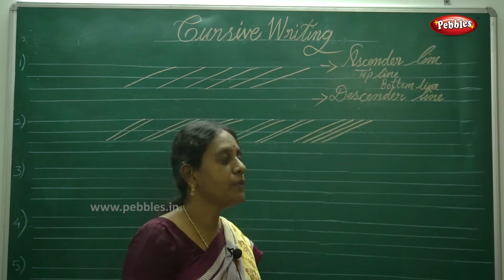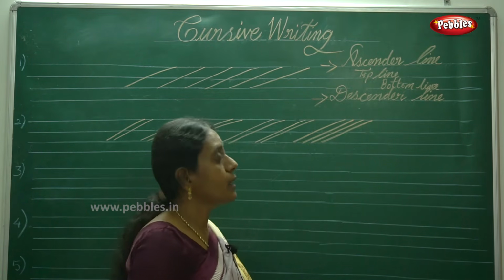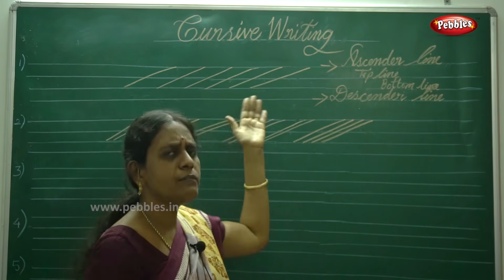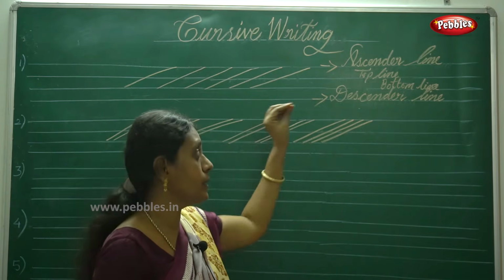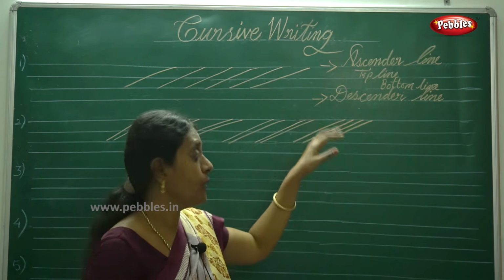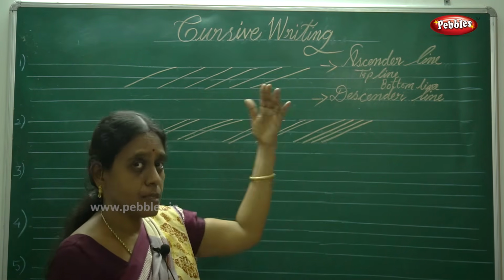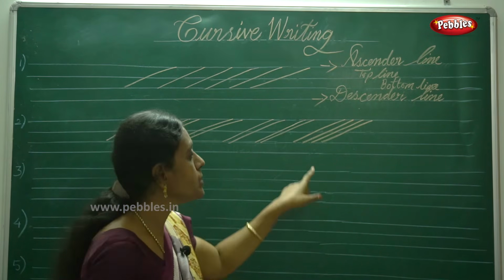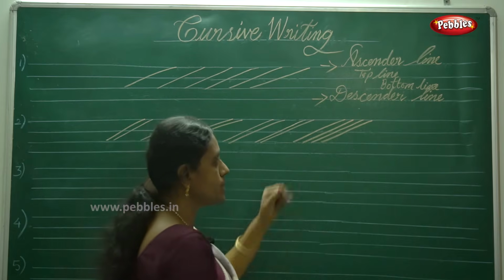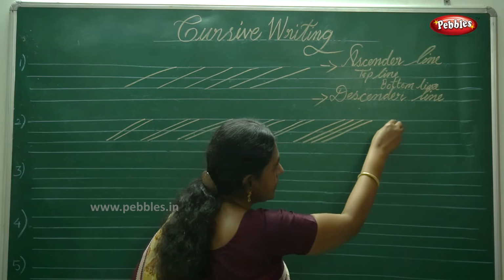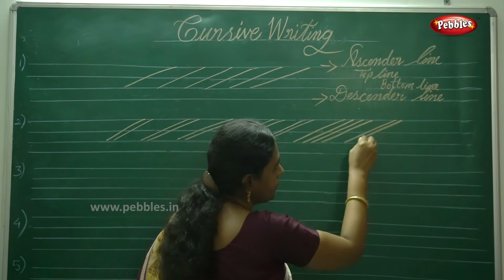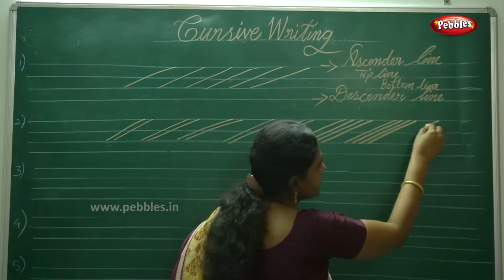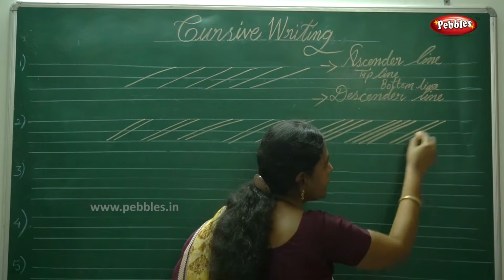Practice makes perfect, so practice well. On your 4 lines notebook, make it a single stroke. You have to practice more than 4 pages. Only then it will result in a proper way. Single line, just practice 4 pages, then this stroke and this stroke. So now we are doing this one from ascender to bottom, 4 lines. It should be very slanting.